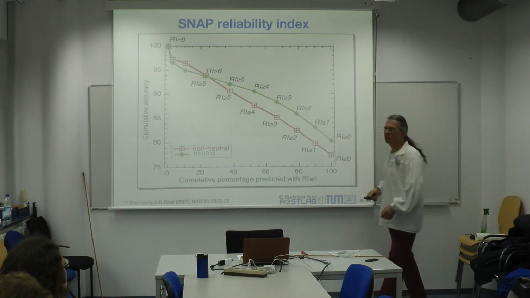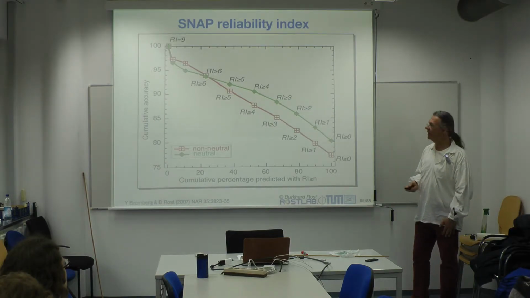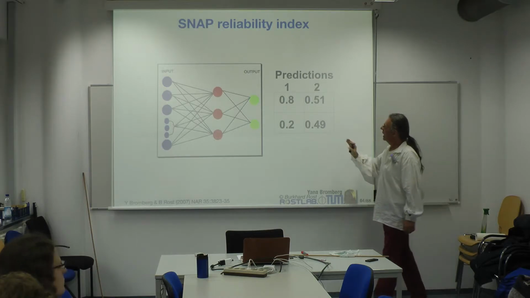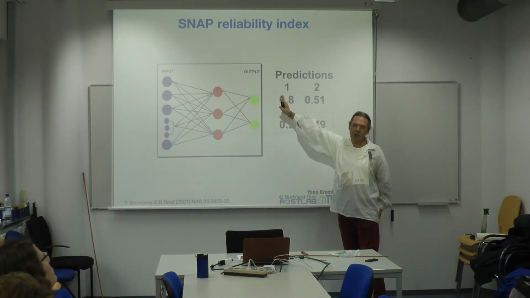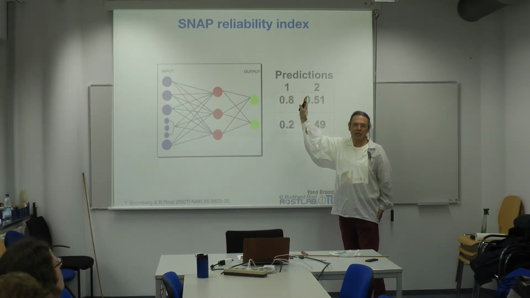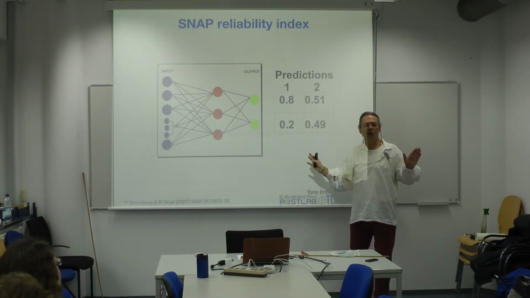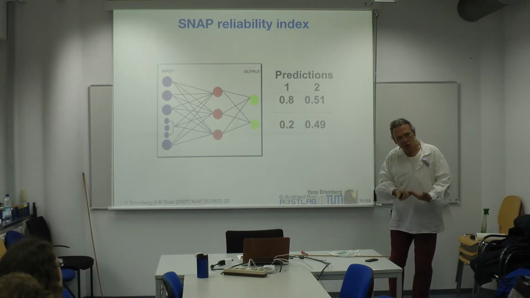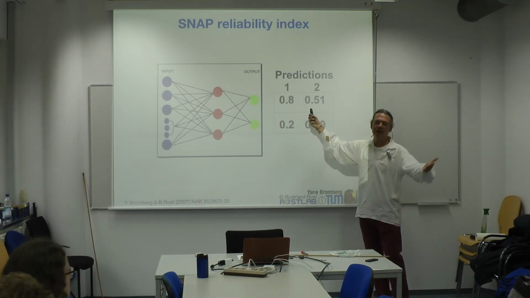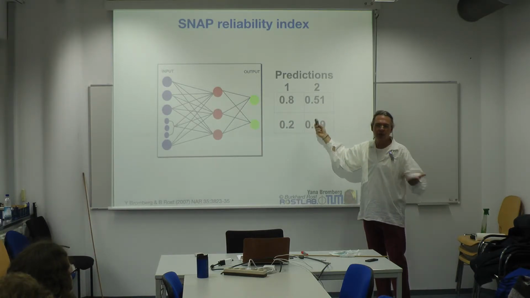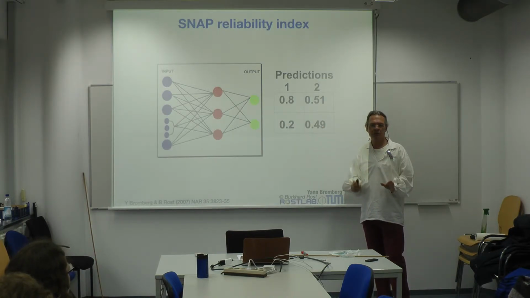What this axis shows is the cumulative percentage of residues for which I predict, and this is the accuracy. Now what I mean is, if I go in my curve to the left, I'm not going to consider this case. I'm not going to evaluate it at all. I'm going to say my threshold must be higher than a difference of, say, 0.2. So I will not count this as incorrect or correct. I will just completely ignore it.